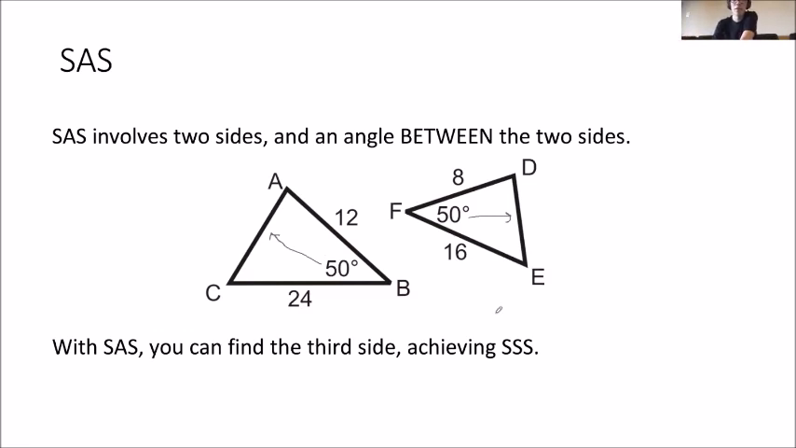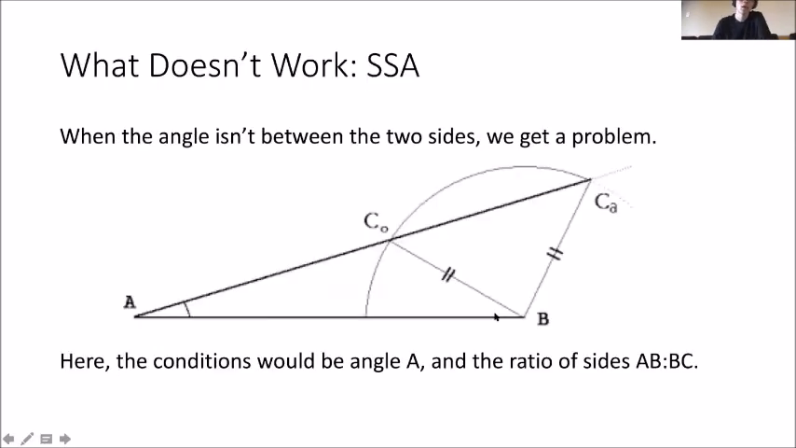But what happens if the angle is not between the two sides, you ask? Well, you get something called SSA, which doesn't work. And the reason why is shown in this diagram. If you're given angle A and you're given AB and CB, that's a side ratio, there's actually two types of triangles that can work here, because both triangle ABC0 and triangle ABC1 fit the conditions, which stems from the fact